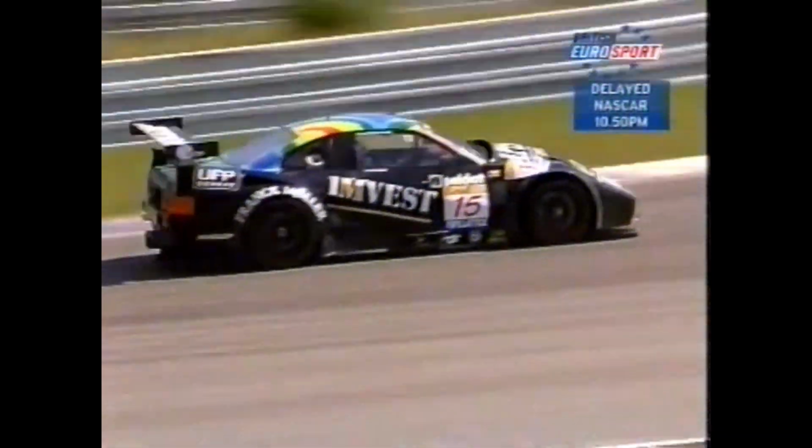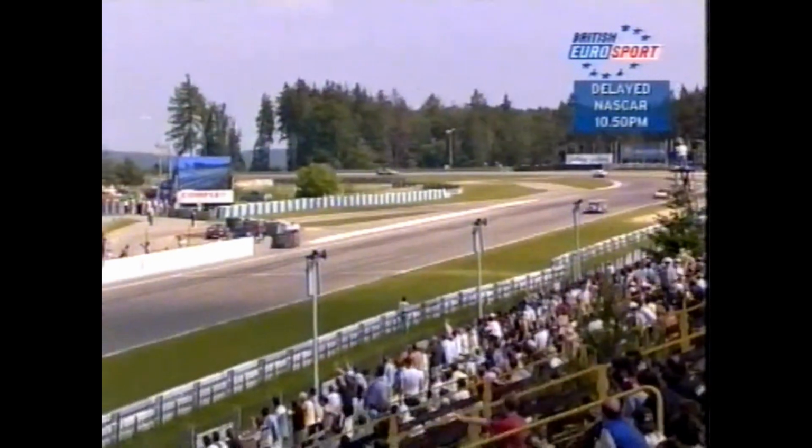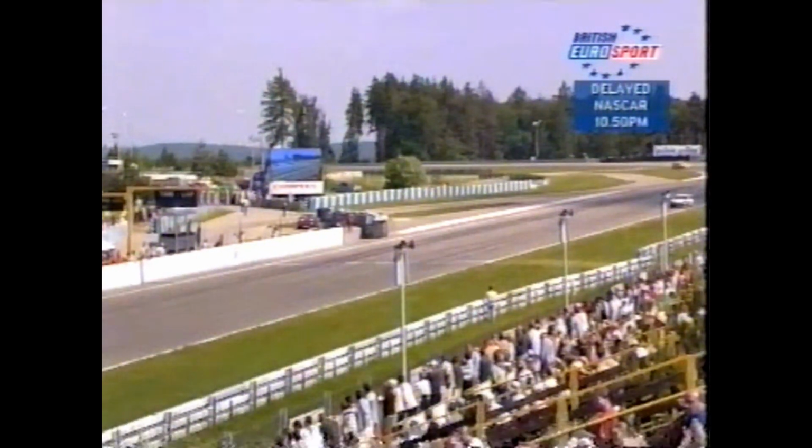So a big wheel spin across the line from them. 2nd place now, Andrea Piccini. And look at that, there is the battle for 2nd. He's behind the Portuguese crude car, and 2nd and 3rd are right there. Piccini coming across the line just ahead of the 3rd place Ferrari, and that will leave Jamie Campbell-Walter in 4th place, and right beside him the Freisinger Porsche coming across the line to win the NGT